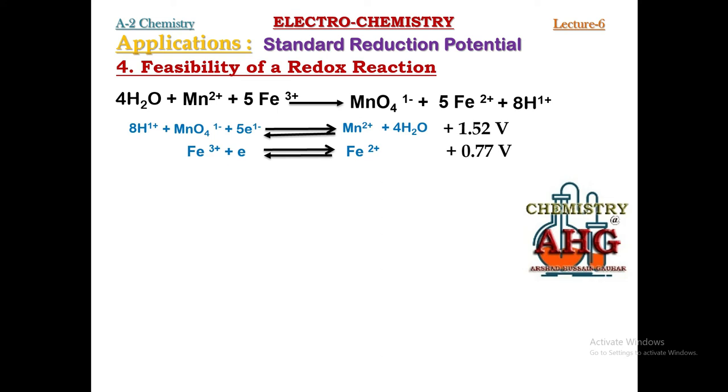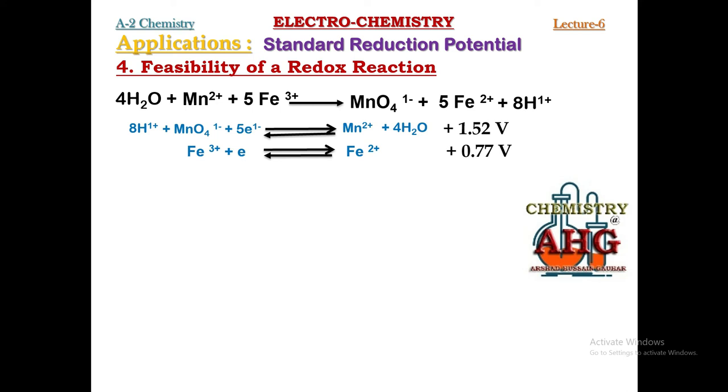But if you look at the chemical equation that has been provided for the given reaction, in that case Mn²⁺ is present on the product side and Fe³⁺ is present on the product side. What does this mean? It means in the given reaction the iron half cell has been taken as cathode, where reduction has taken place, while the MnO4⁻ half cell has been taken as anode, where oxidation has taken place.